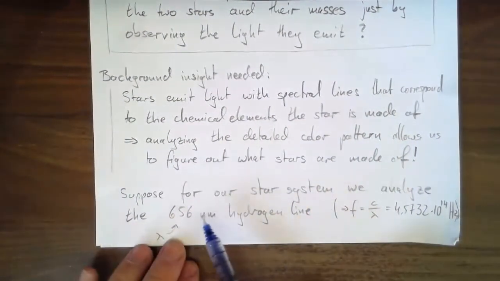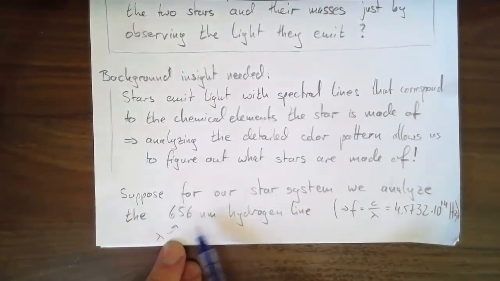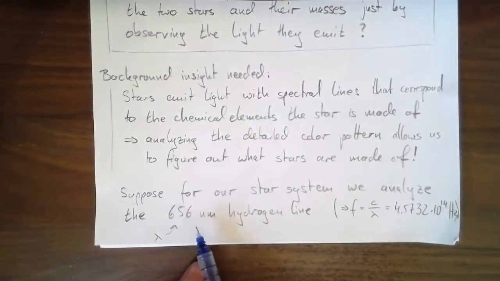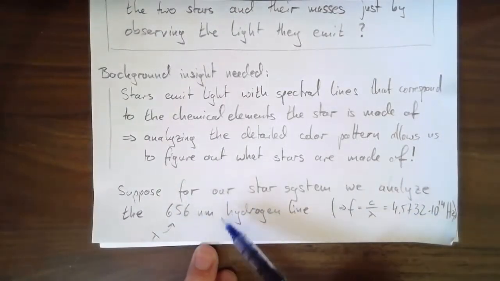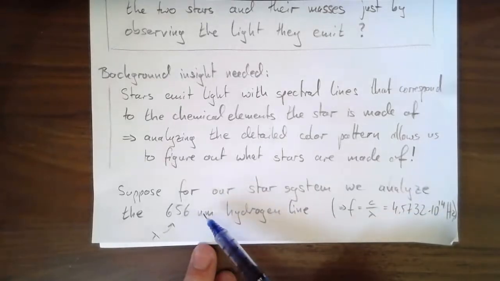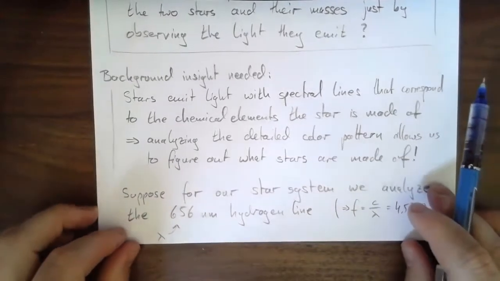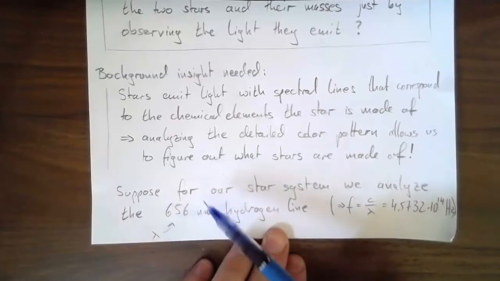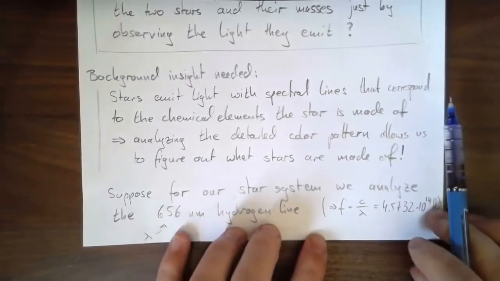Let's say we're observing our star and we know there should be a wavelength emitted that is 656 nanometers long, right? So the 656 nanometer hydrogen line, that's in the visible spectrum. We're able to see that. So again, why 656 nanometers? Quantum mechanics makes the prediction that at this wavelength there's going to be a lot of light emitted, based on what we know about atomic structure, energy levels, and so on. Right? We just care, okay, this is the line. This is a wavelength where we expect to see an emission. That's the one key we need.